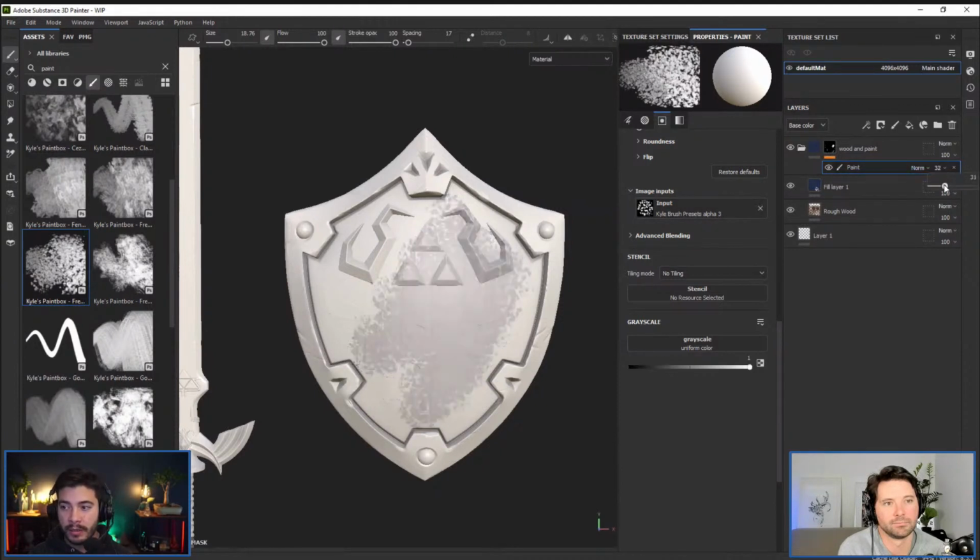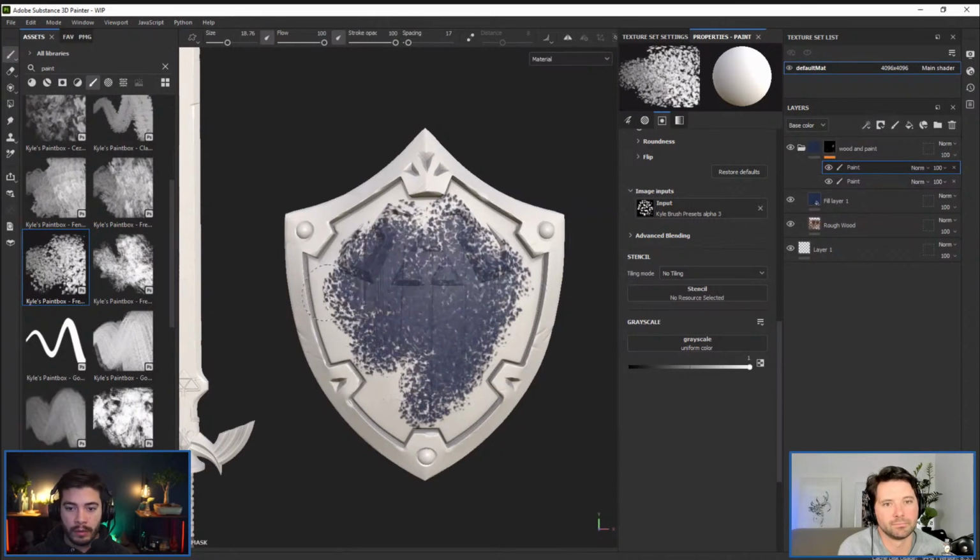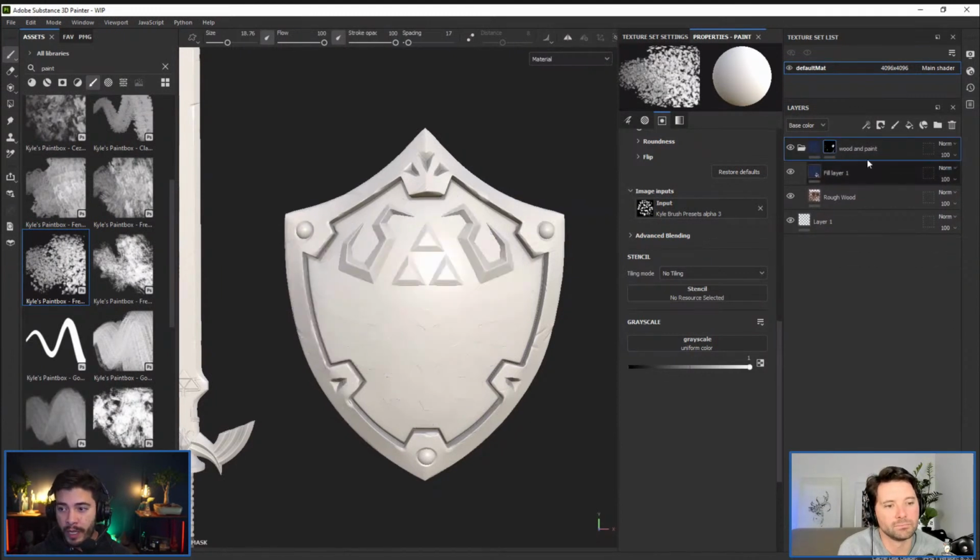So I can just lower the opacity of just this bit, and then I can create another one, continue adding my mask, and then control this individually. So you can have a lot of control. But the reason I create one of these paint layers is because you can also go to the tools here